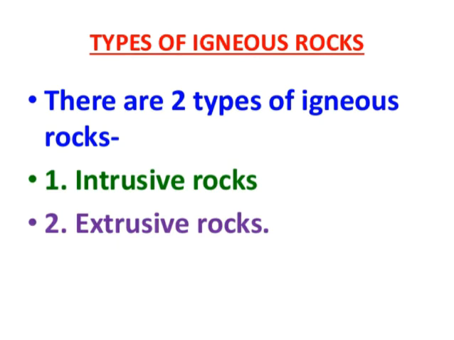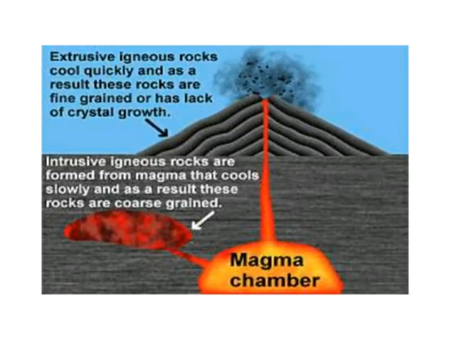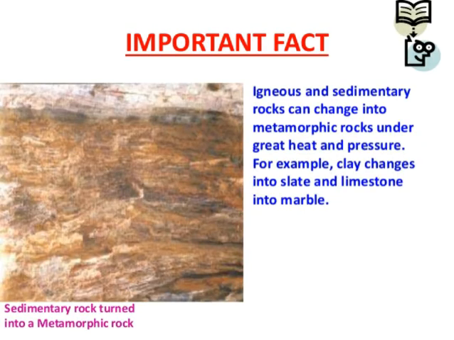Igneous rock is divided into two categories. First one is intrusive igneous rock, and second one is extrusive igneous rock. Intrusive igneous rock forms inside our earth, and extrusive igneous rock forms outside, on the earth's surface. Due to volcanic eruption, extrusive igneous rocks come to the outer side of the earth.